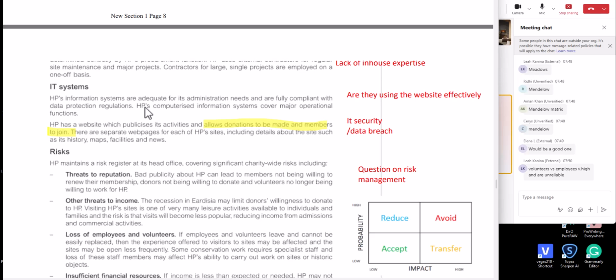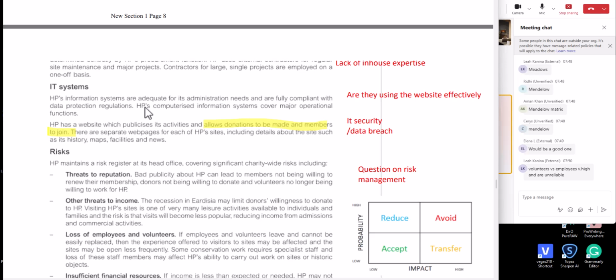And speaking to people who are working in charities, they say they're massively into big data. They're massively into understanding who the donors are, targeting, advertising, social media, campaigns. So I think here we just get a flavor that this website is quite basic. That's what I'm feeling, right? It seems like not that good.